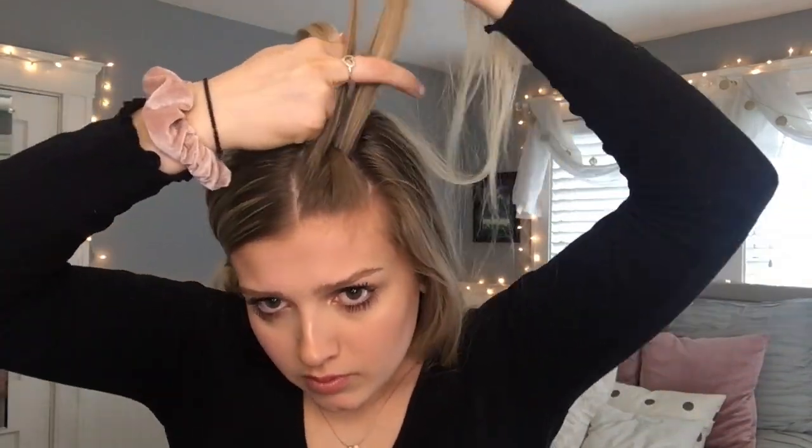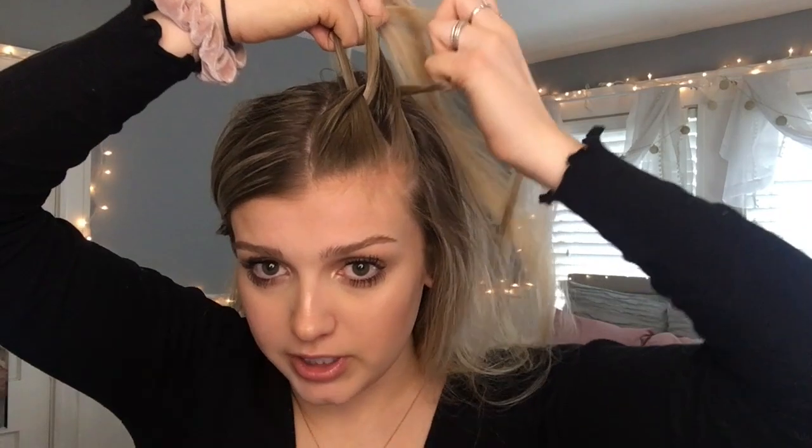Okay, now just split your hair into 2. I'm gonna do some boxer braids now. Tie one side of your hair up, and then just start braiding. I'm really bad at doing these on myself. I usually have my friend do it, so don't judge me. You know, obviously if you're better at French braiding than I am, it'll look better, but...